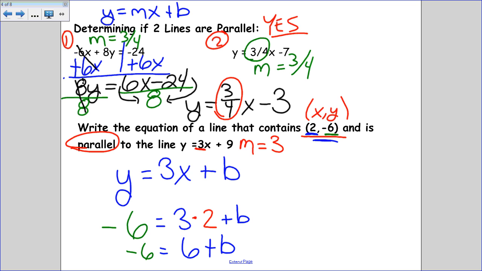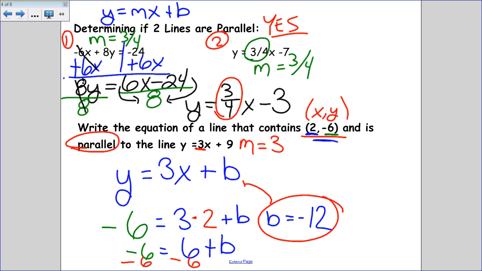How do I solve for b? What do I need to do? So it just says b equals. Okay, I need to subtract 6 from both sides. I'm left with b equals, well, what's negative 6 minus 6? Good, negative 12. Okay, now that I know this, I can plug it back in and I will have my